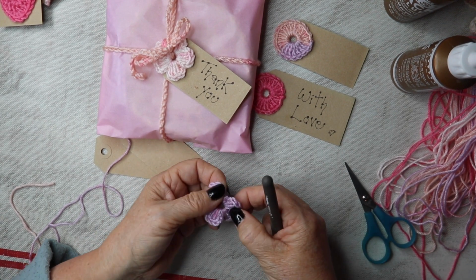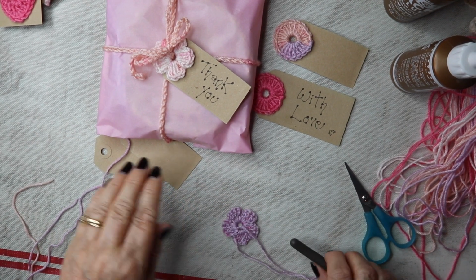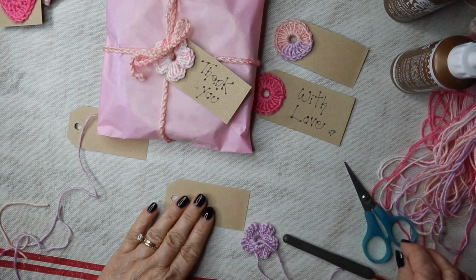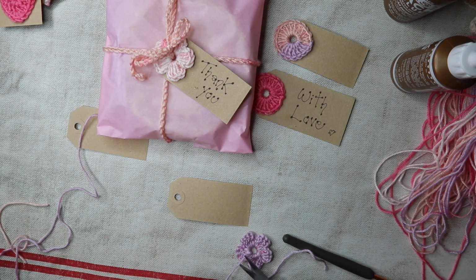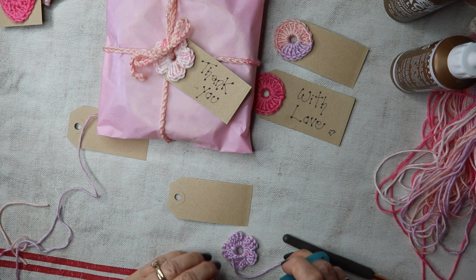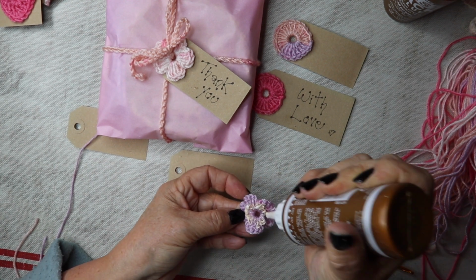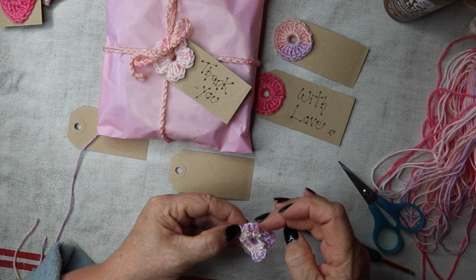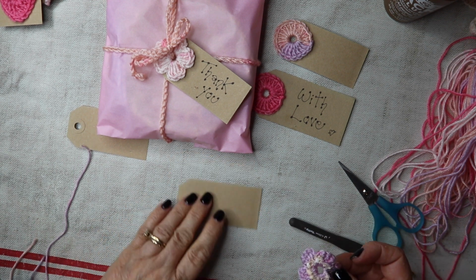And then you're just going to bring your yarn over at the back, and again we're going to attach this to our tag. So we're just going to trim these ends off because they're just going to get glued to the back, so you can trim them quite small, little bit of glue on the back, and just tuck in the ends that you snipped off, make sure they're covered in the glue, and then you